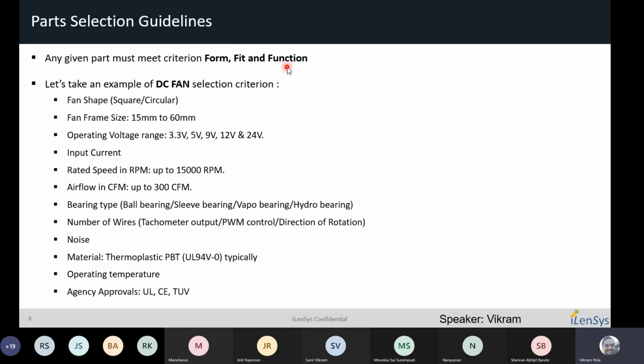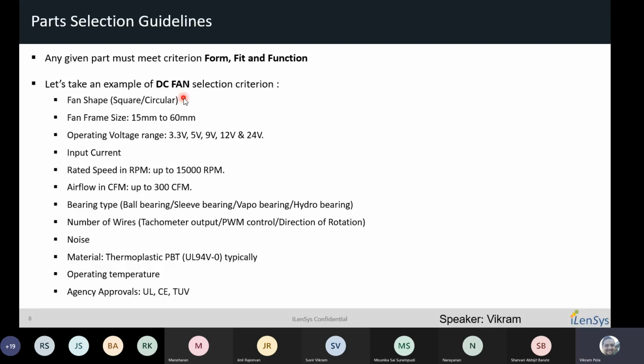It could be on released product lines where you already have some electromechanical parts, or any given part that may be going through a shortage issue, or an obsolescence issue. So you may need to find a replacement. For any such circumstances, you may need to get into part selection, right? So today we would cover one category. It's called DC fan, and this is widely used in thermal management applications. So let us look into the selection criteria.